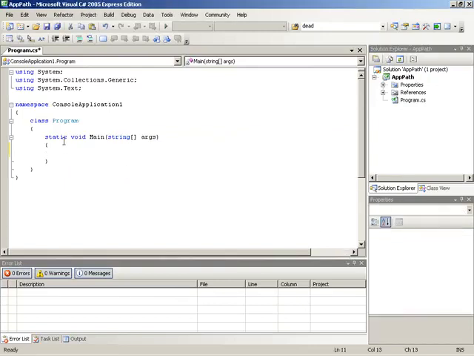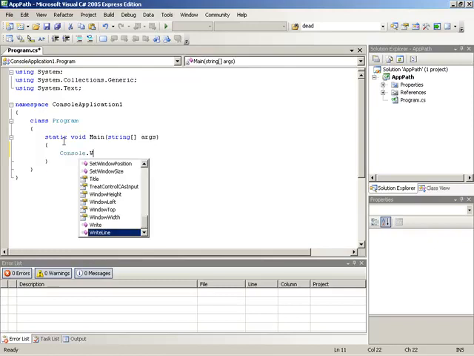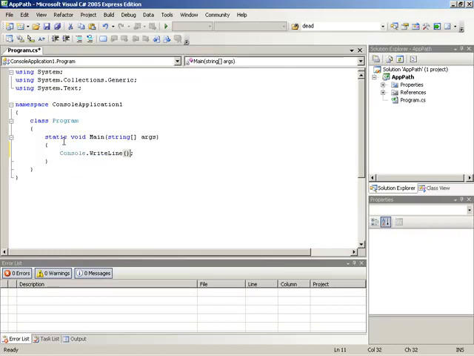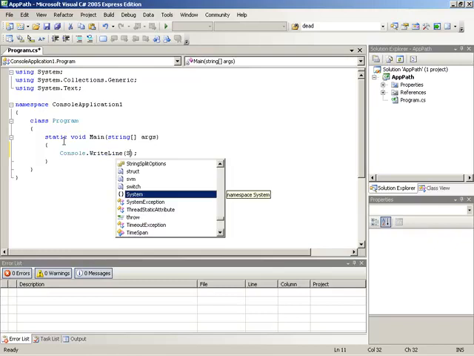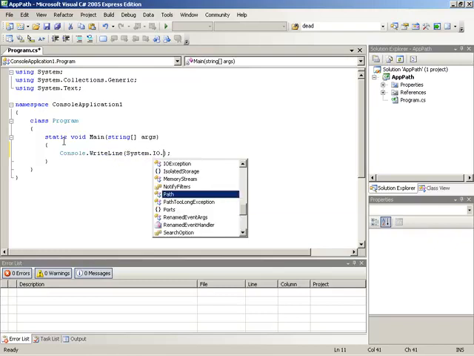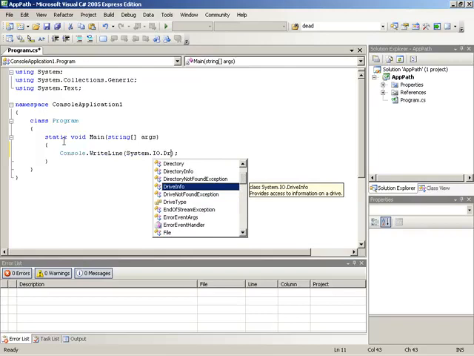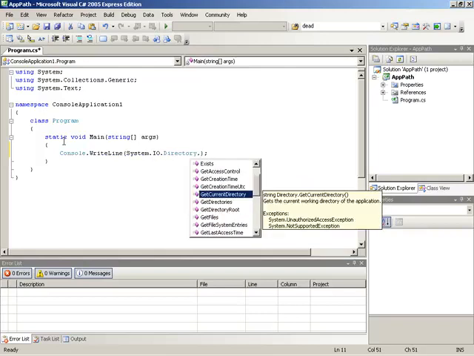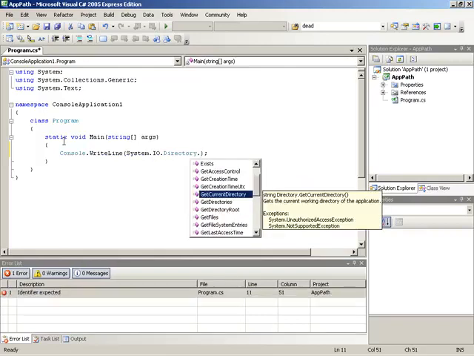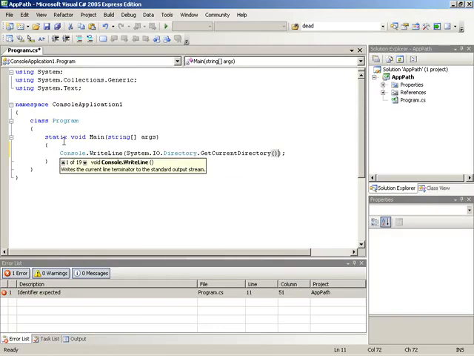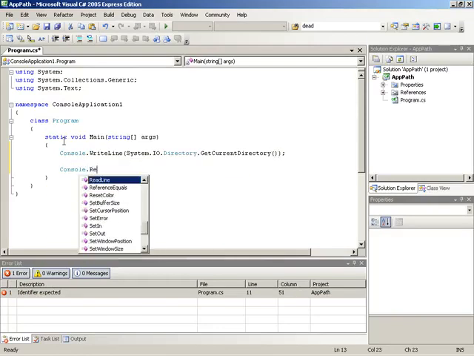And I'll begin with one first quick way of getting the directory from which this app is running. We can do that using the Directory.GetCurrentDirectory method. And we could show that on the console by doing a Console.WriteLine. And then inside of this WriteLine, we'll look into the System.IO namespace. Inside of there we have the Directory class. Directory class has a method called GetCurrentDirectory. If we drop that in place, and then also hold up execution after that information is shown by running a